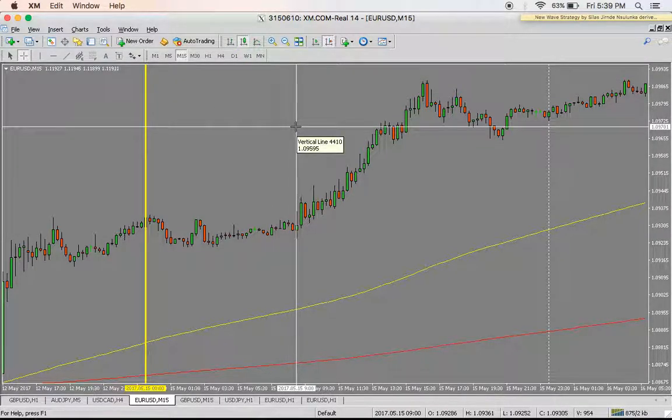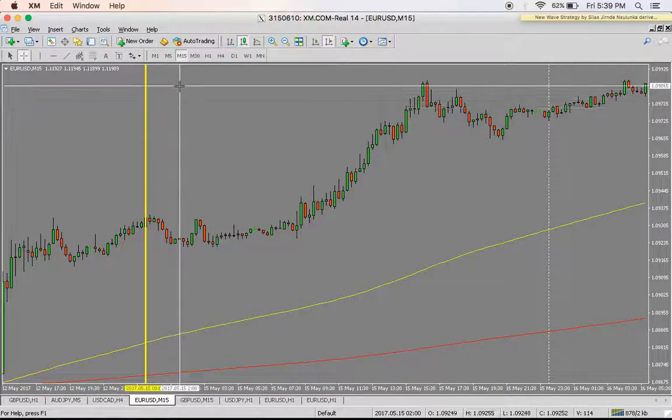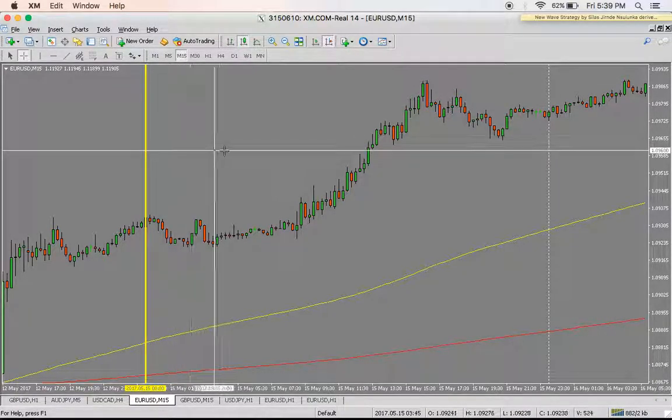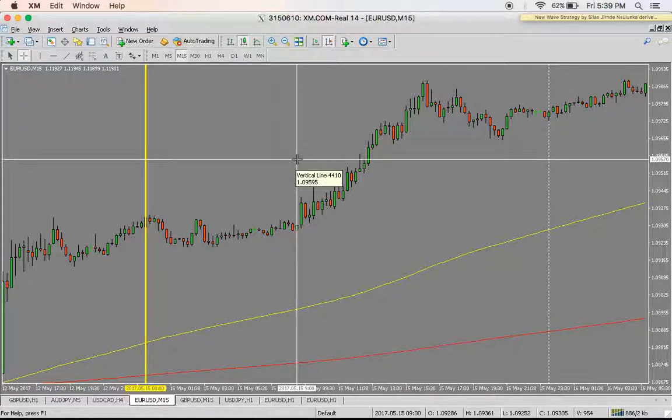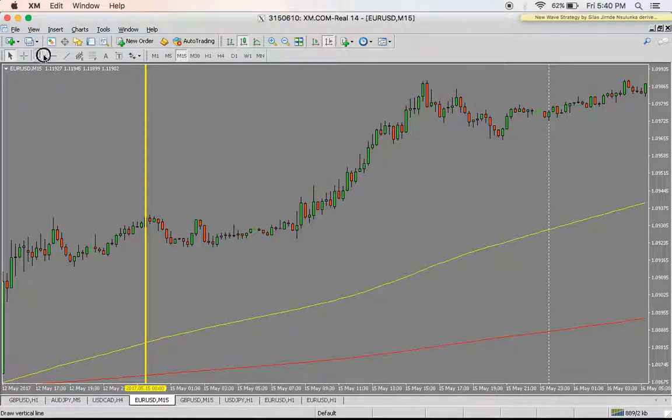Where is the 9 a.m. candle? This is a 15-minute chart, meaning each candle here represents 15 minutes. So we find the 9 a.m. candle and then we plot it right there. Now what we want to identify